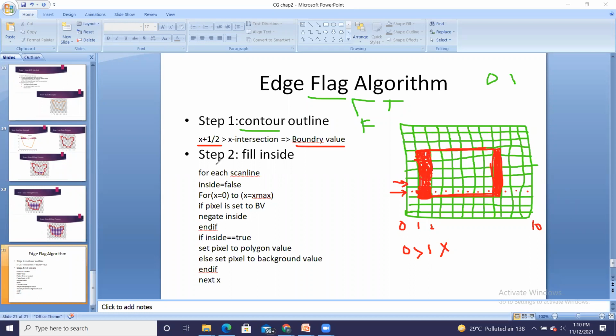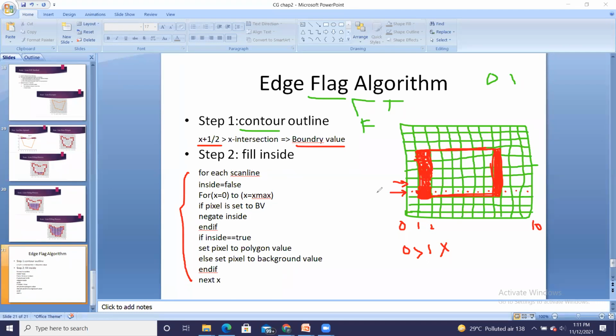Now step 2 is to fill inside. So now my job is to fill the color inside this object. For that, these are the steps to be followed. It will start for each scan line.